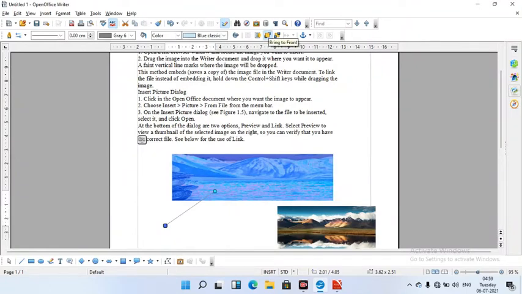This one is bring to front, and this one is send to back. You see, the line is cut here by the image. If we press send to back, this is bring to front, this is back. Like this we can draw these lines, and this one is rectangle. You can draw a rectangle, and you can draw an ellipse.